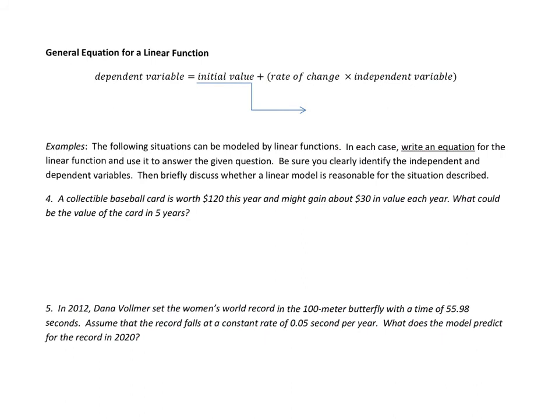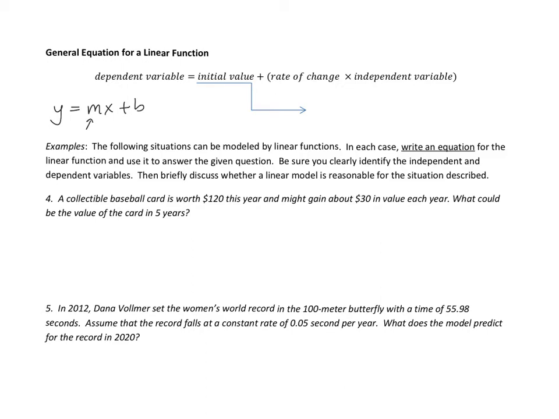On this page, we'll take a look at the general equation for a linear function. So you may see here that we have this equation written out in words. We have the dependent variable equals the initial value plus the rate of change times the independent variable. And that should feel pretty normal, as we were multiplying the rate of change by the independent variable on the last slide. So we can relate this back to an equation we've seen already, y equals mx plus b, where